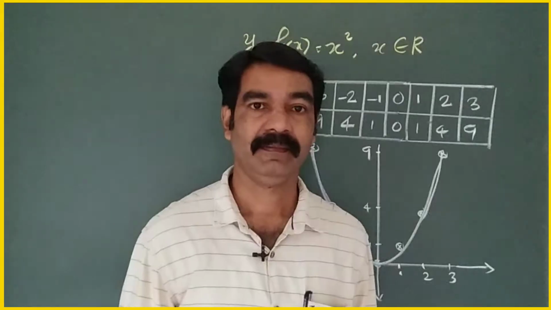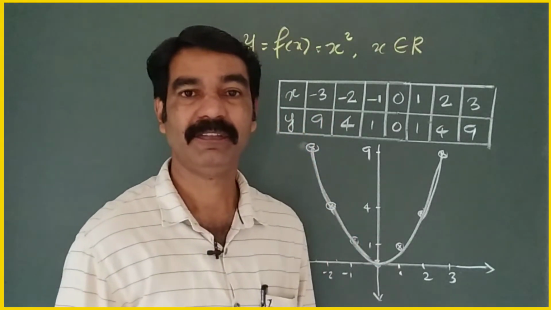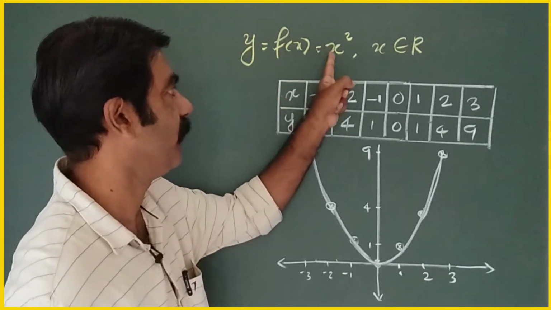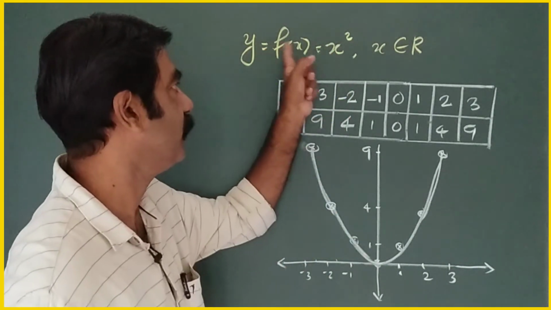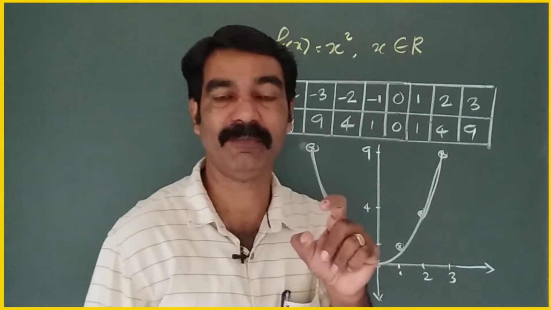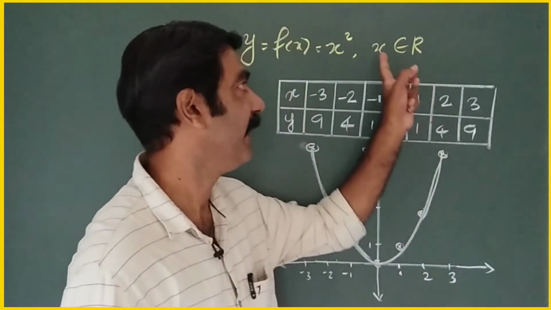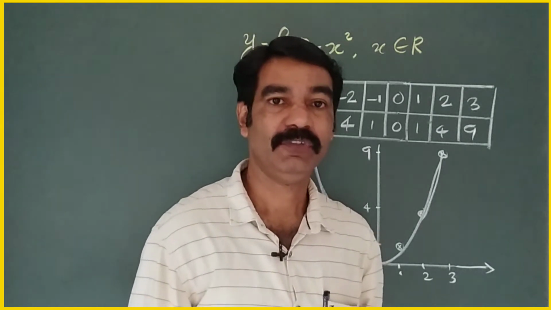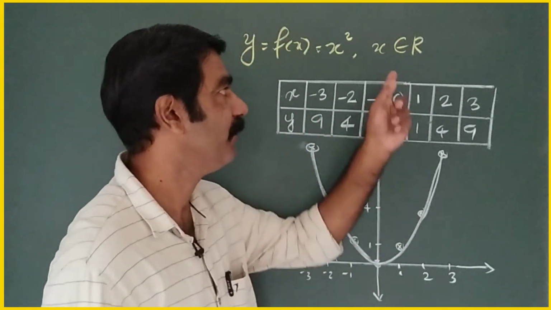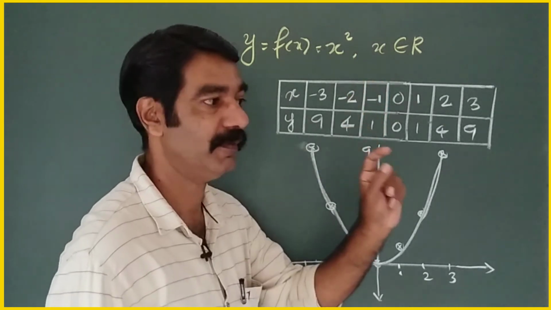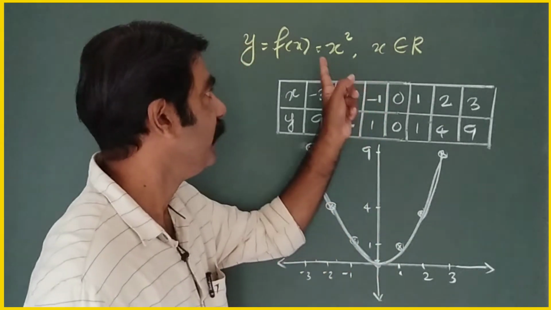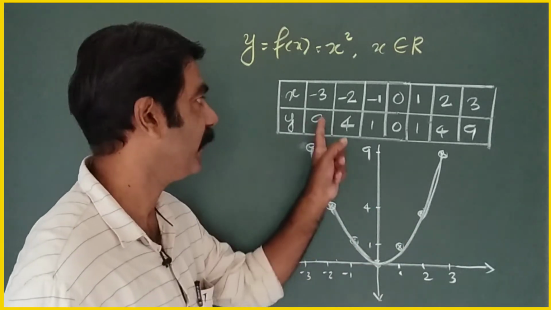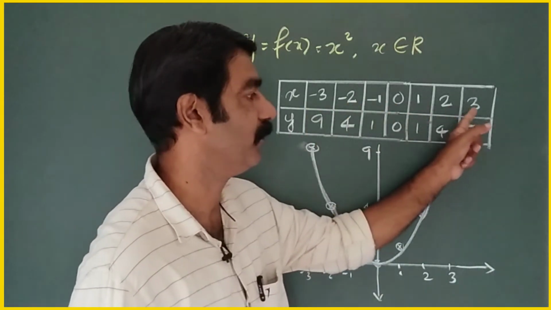Okay. See, we consider a simple polynomial. See, y is equal to f of x is equal to x square. So y is equal to x square is a polynomial, where x belongs to R. We have to draw the graph of this function. So for drawing the graph, we take some points satisfying this polynomial. So we take some negative values, 0 and some positive values.